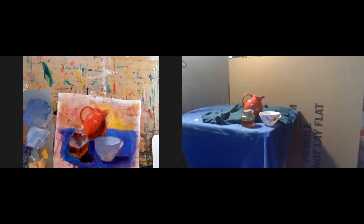Oh, Pat, it looks great. It looks so great. I think I'm going to need to wait on some of it, but yes, it's looking wonderful. Do you see the value shifts that you're starting to get? Soft edges are beautiful. So the only thing I would say, Pat, that I'd like to see you do is